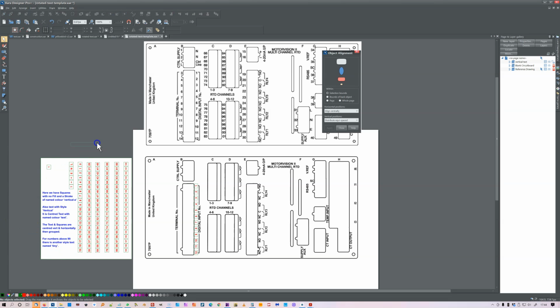Control Alt to move it. Oh, why does that do that? Edit, undo clone, edit, redo clone. I can move that there and put that about there. Again, just move this one down here, something like that. You could spend a bit more time lining them up better than I'm doing at the moment, but that works fine. The one problem I have with this text being this way around is that it's quite clear